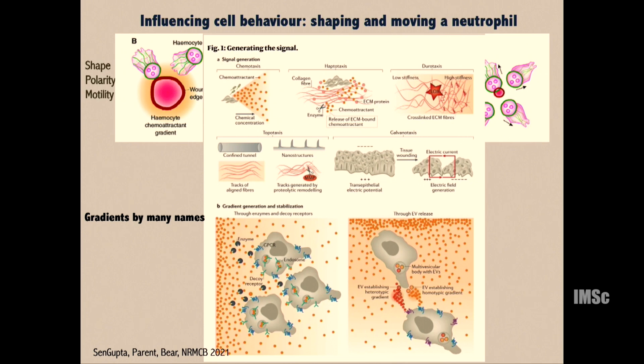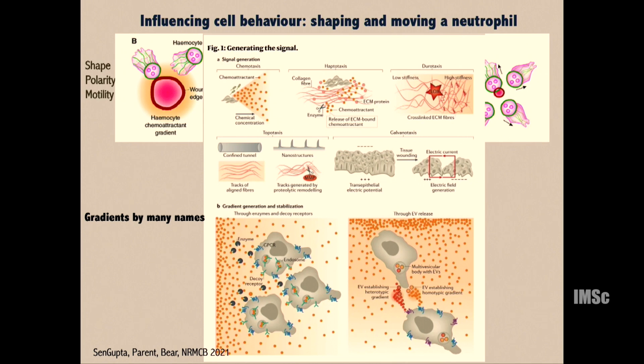So you can have a chemoattractant that forms a gradient to which these single cells are attracted. But as I said, there are other sorts of signals that would attract this single cell, and there are a whole set of mechanisms that are named haptotaxis, durotaxis, topotaxis, and galvanotaxis to highlight the fact that